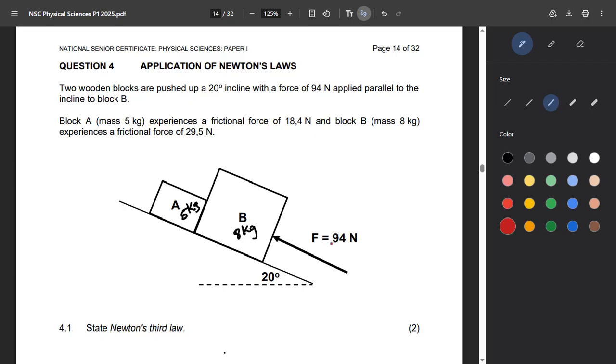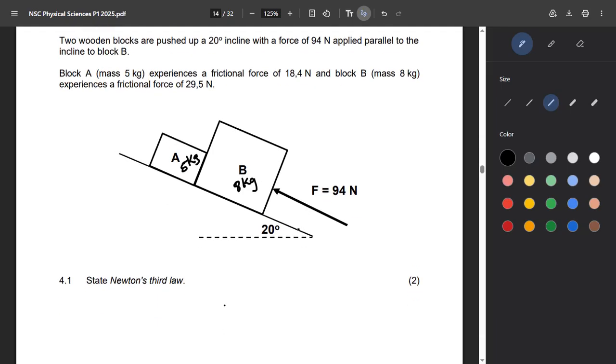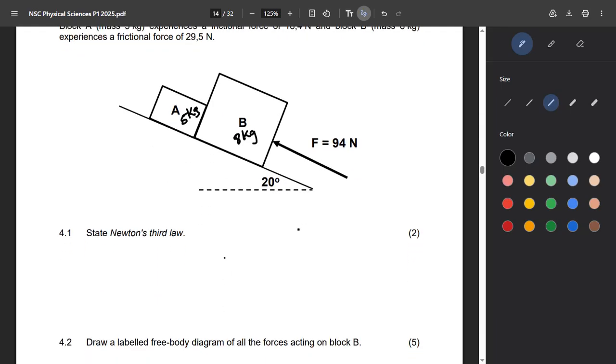Don't worry. So the first question says, state Newton's third law in words. Newton's third law in words. This has to do with action and reaction force. When object A